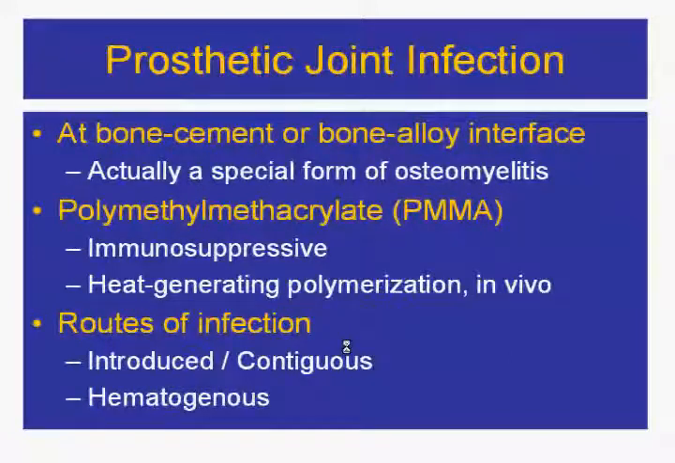The cement that has made prosthetic joints a capability is polymethyl methacrylate, which was strong enough to hold the hip in place and benign enough not to interfere with human tissues, but it's immunosuppressive. And the process in the OR is a heat-generating polymerization process. And there's a lot of heat generated, and a lot of people think that that heat may be one of